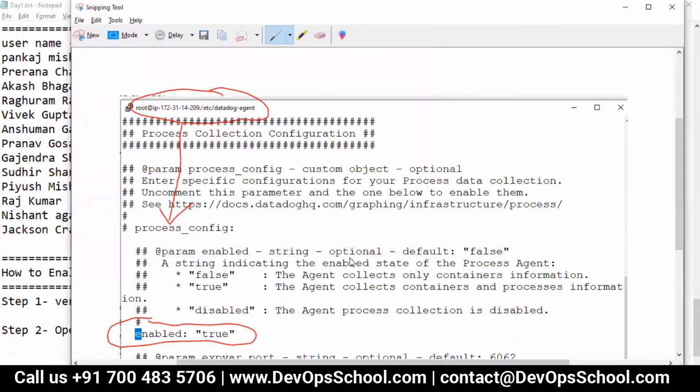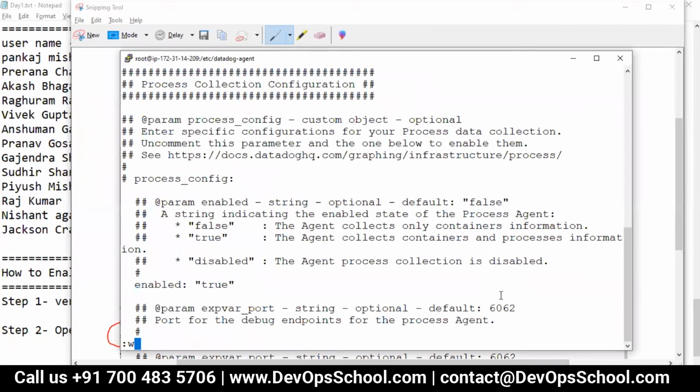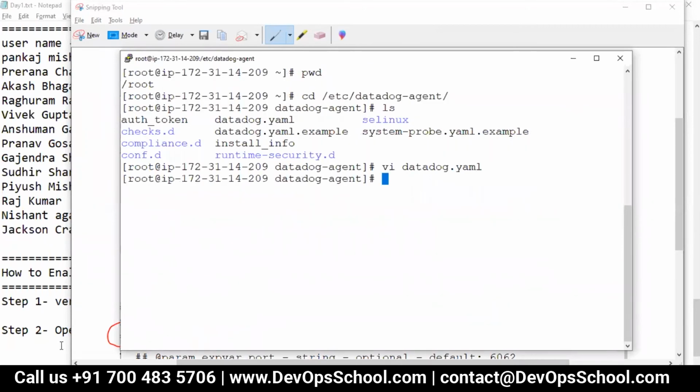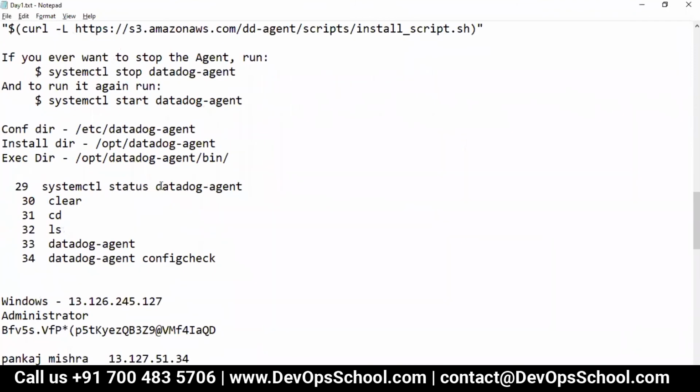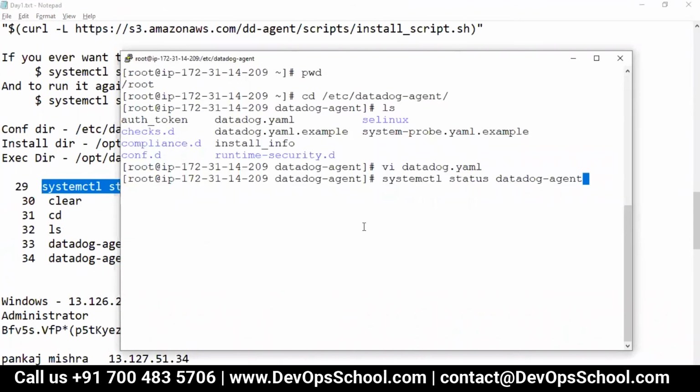Save it. Now after doing this, you have to save this, and after that you have to restart the agent. So how do we restart the agent? For that, the systemctl restart command is there.